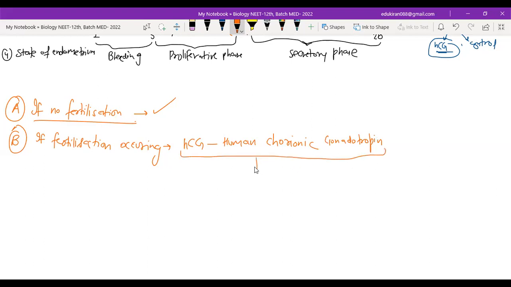So this sends a signal to the corpus luteum, and the corpus luteum is maintained. And write down the corpus luteum and later on the placenta. The corpus luteum and later on the placenta secrete progesterone and estrogens to support the pregnancy,